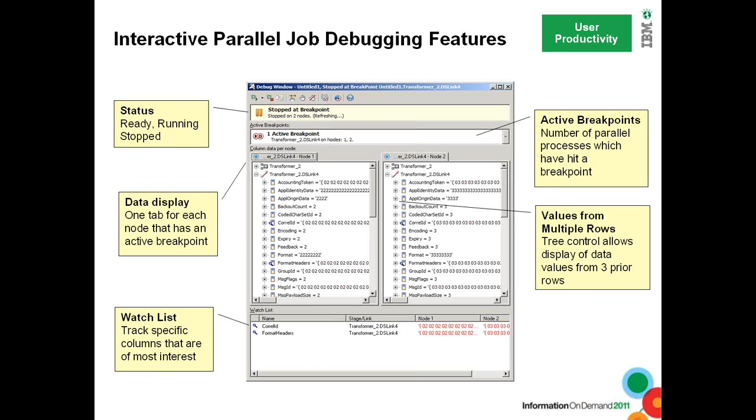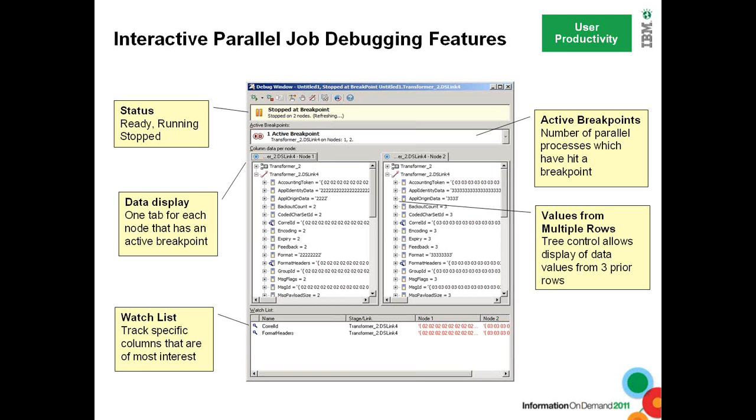With the addition of this, it has solved a lot of headache for DataStage developers and practitioners, where the debugging information was pretty rudimentary, and especially for debugging a parallel job, there were lots of workarounds and things that needed to be done, which just added to the effort. Right. So moving on to the next one.